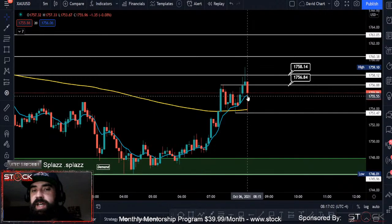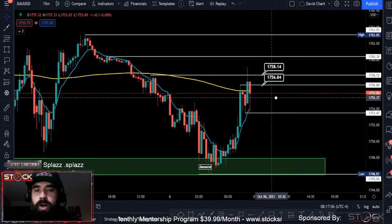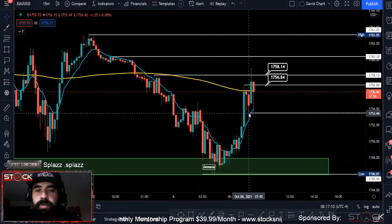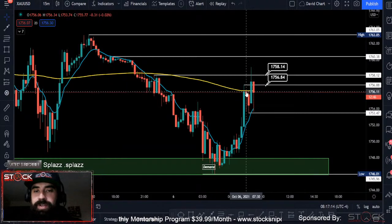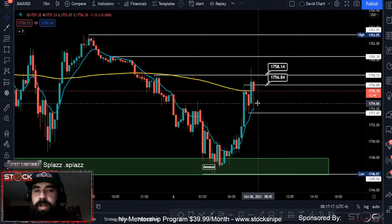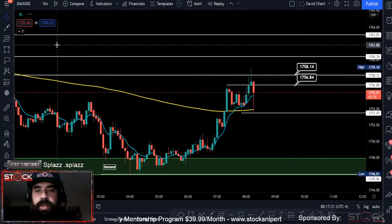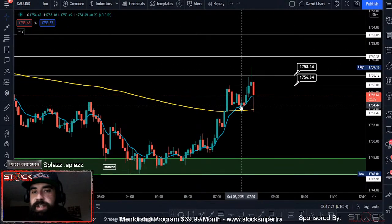I just want to see how this candle is going to close. Let's take a look at the 15-minute candlestick. You can see it started to push up, the news drop started to sink right above that previous support, and now we're kind of in indecision right around that 200-day. I just want to see on the 15 and the 5 what that would look like. There's some key support really formed at